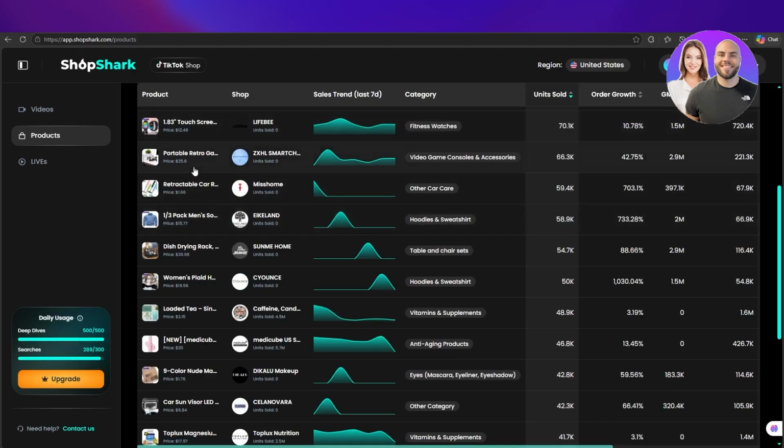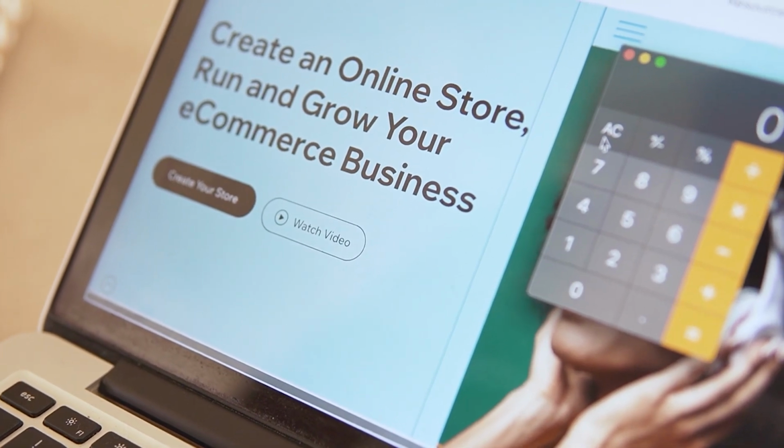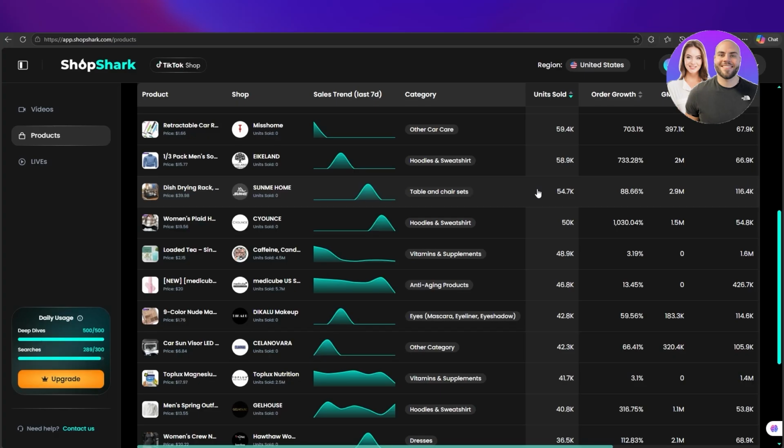We're going to go through viral product research, TikTok analytics, GMV data, creator heat maps, and how to identify products